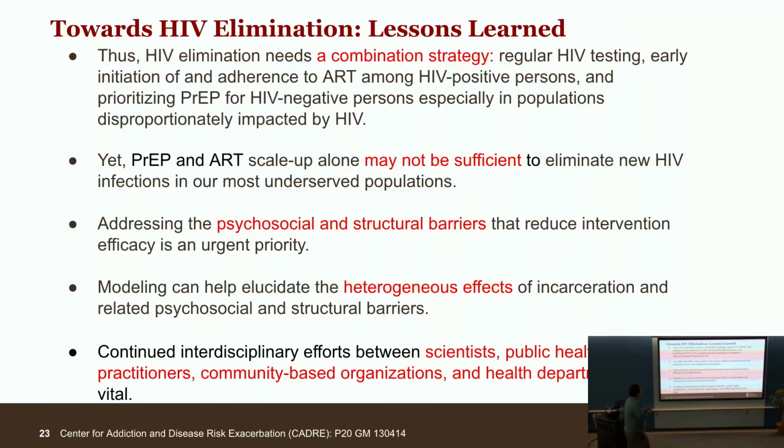So there's a lot written on this slide, but the main summary is this, that HIV elimination is a complex endeavor. There are many moving parts here. There are lots of strategies people are coming up with that they're working with at a community level, at a healthcare provision level, yet it's not always obvious, given all these uncertainties and trade-offs, which is likely to be the most effective. And that's where data science and modeling can come in and help shed some light on what are the mechanics that are driving the disparities or whatever the outcome of interest is in a particular system, but also, perhaps more importantly, what